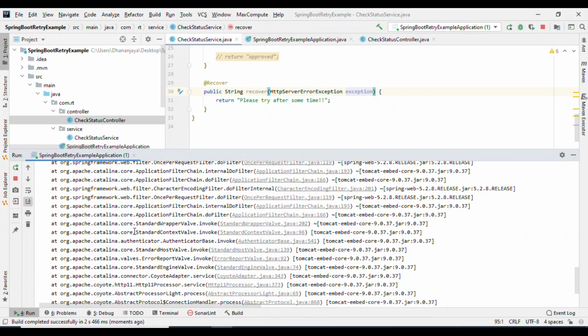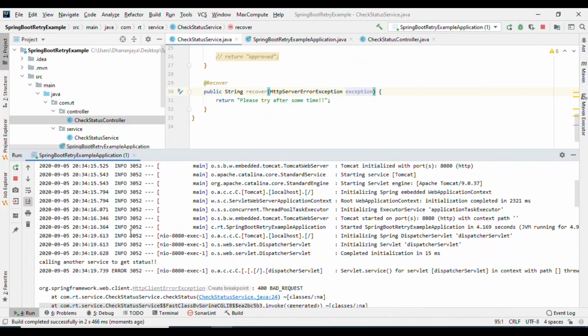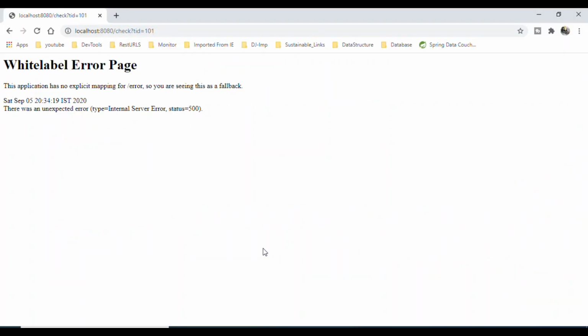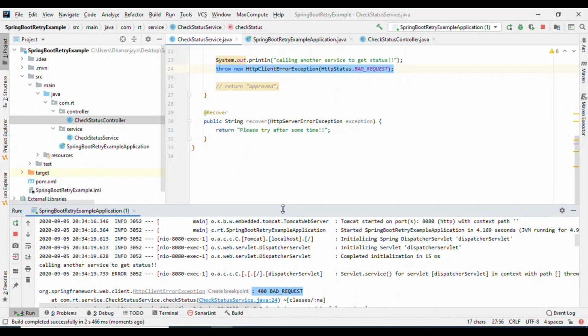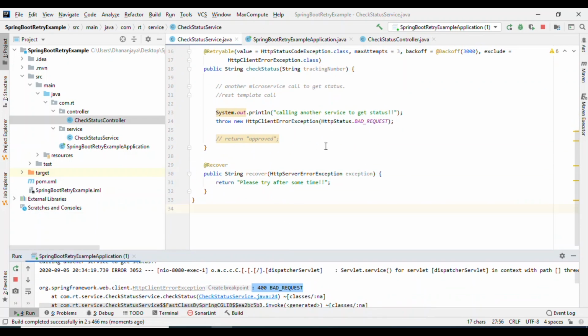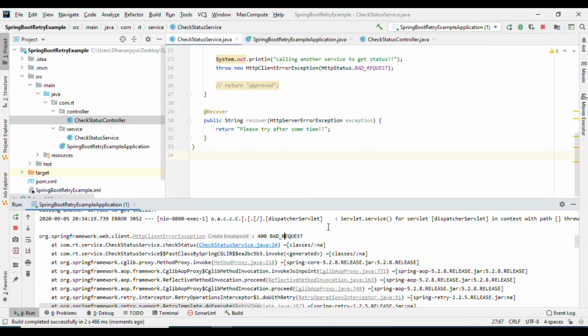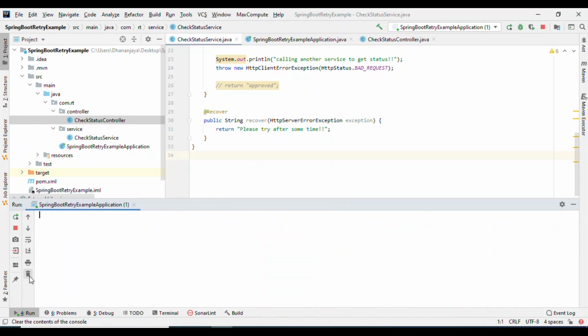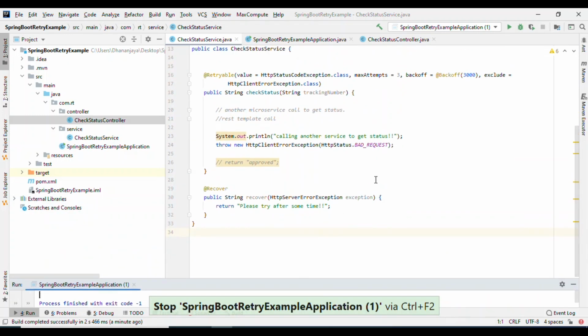If you see, we are getting the exception here, 400 bad request, and here we are getting 500, because the error is thrown directly to Spring and the recover method is not handling that error. In that case we can write our own controller advice, catch that exception, and return a standard error message to the user. So this is how we can manage the retry mechanism in a Spring Boot application.